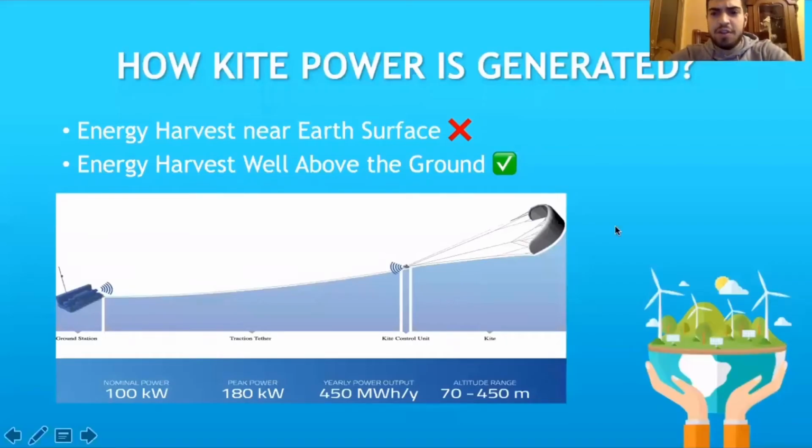Thank you, Shakir, for your introduction to kite power systems. Now let's find out how they work. First of all, we should know that they do not work like conventional wind turbines. Conventional wind turbines work at relatively lower altitudes. I mean, it is not as high as